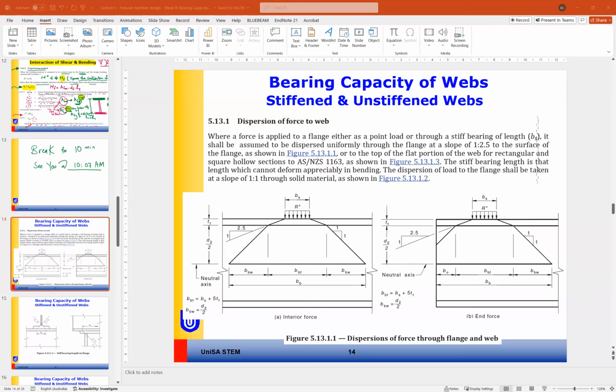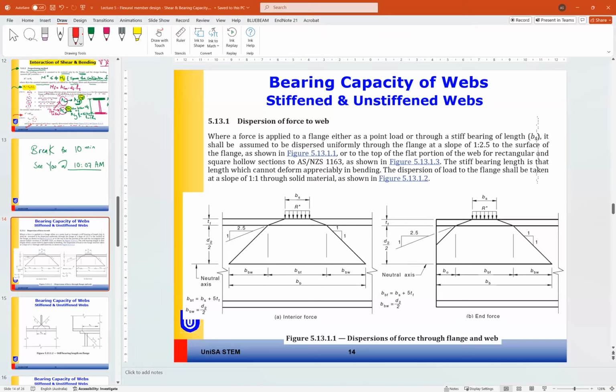Okay, so after we learn how to find the shear capacity of the web, stiffened and non-stiffened web, now we will look at the bearing capacity for webs, stiffened and unstiffened web. The first thing is the bearing capacity. We have the load applied to the flange, like if we look to this one here,